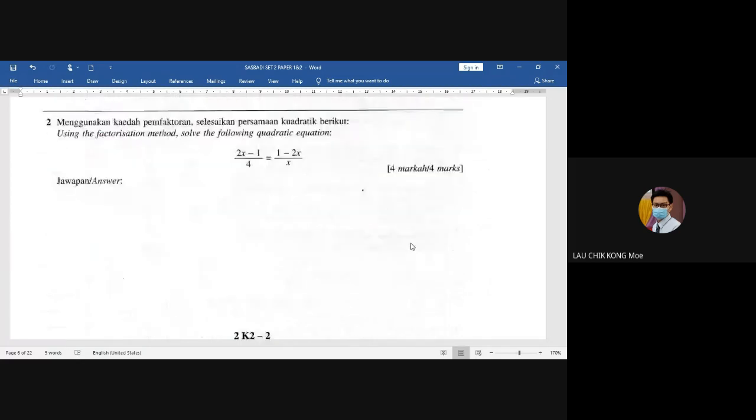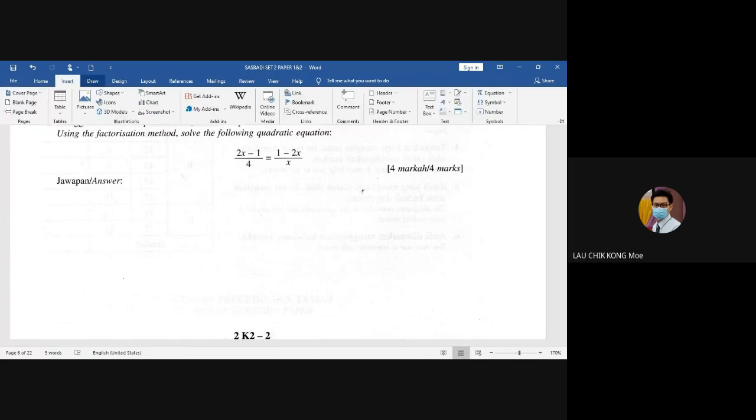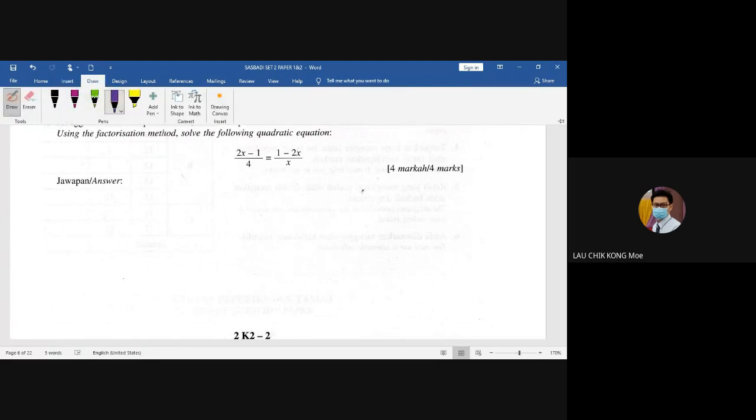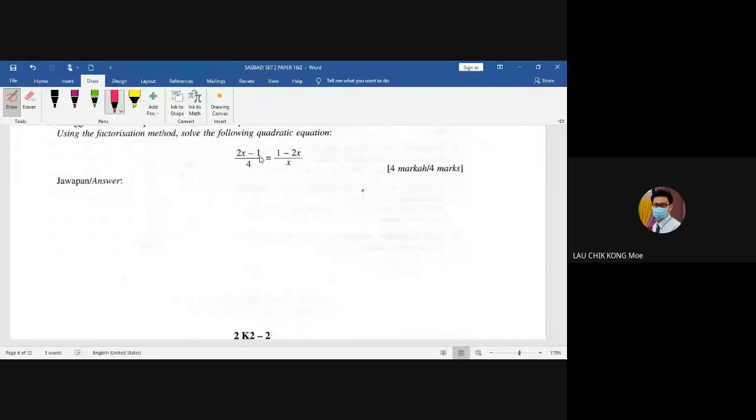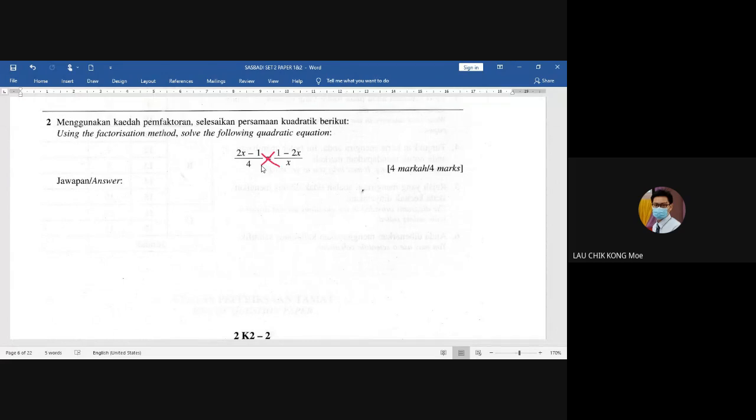Okay, so question number 2. This is factorization of a quadratic, using cross multiplication. This is very easy. Most of you got it correct. I checked the students' work and all are correct. So I don't want to discuss this. The 11 who have submitted so far are all correct. 4 marks. Let me give the final answer.